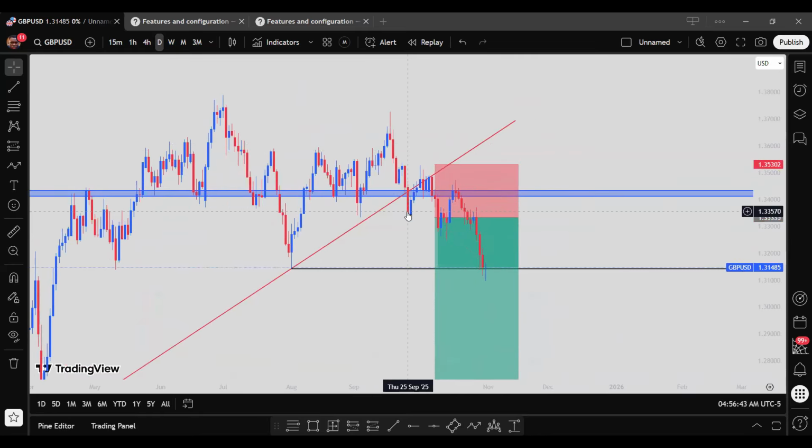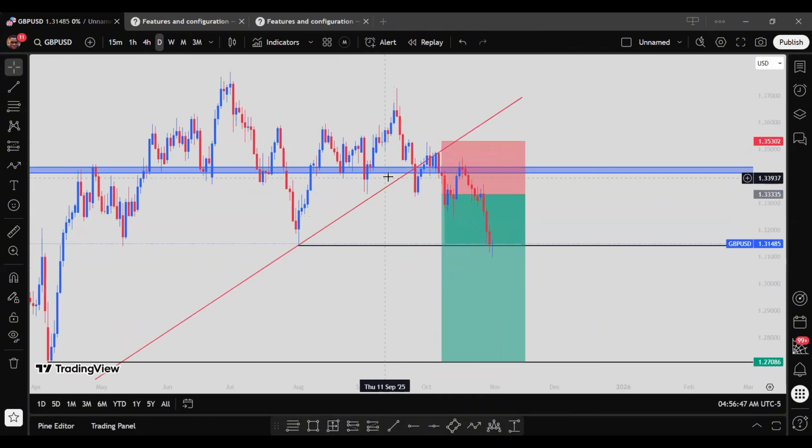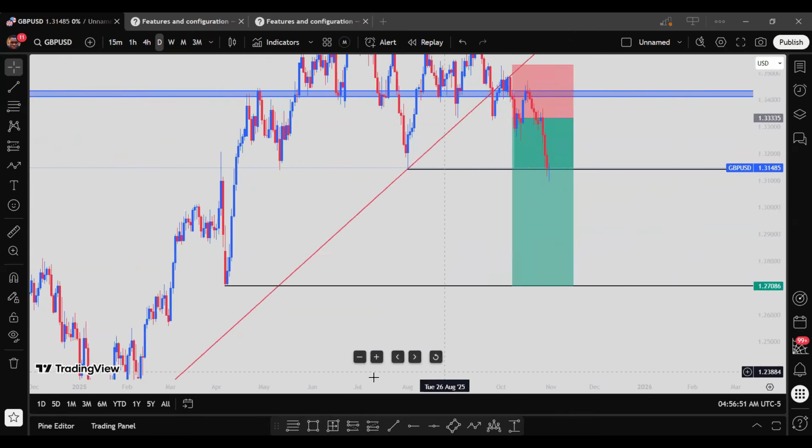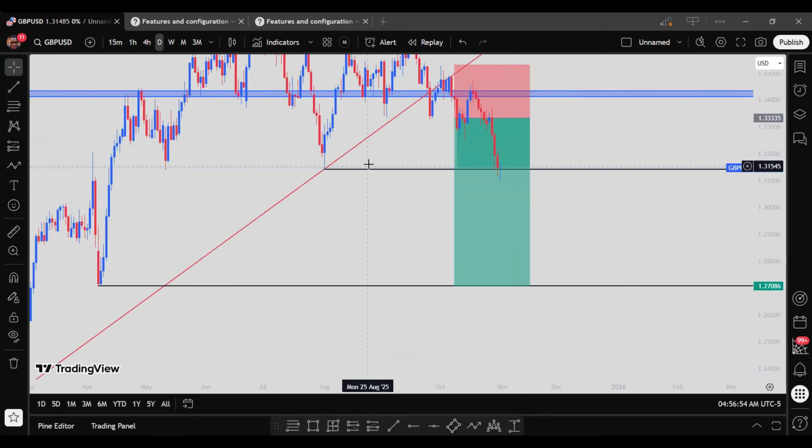So price definitely broke below here, broke a major level, and we also have a retest of it. So I see no reason why I should not be selling this market. That's the reason why I go into this trade. And my first take profit level is around this zone, where the trend line touches,